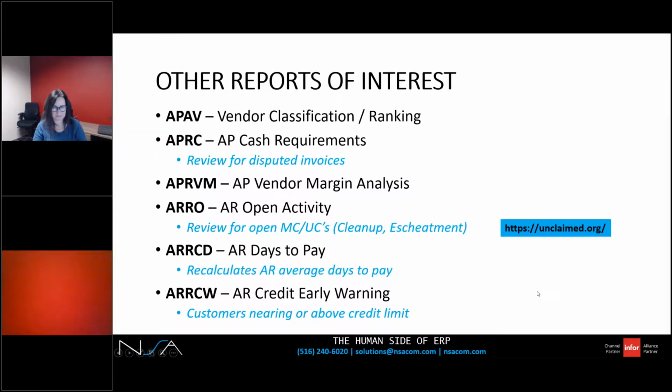Okay. A few other reports that we'll talk about that are what you would call of interest. So these are ones that accounting teams may know about or may not know about or may not even have access to on the menu. So there's the APAV, which is the vendor ranking, and this lists how much revenue you are generating as a result of your trade vendors,